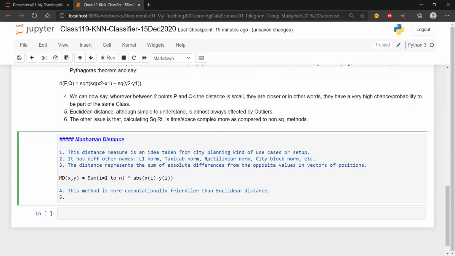What do I mean by computationally friendly? There will be cases where we have higher dimensional data. You may have a genuine business problem where, after collecting features from a variety of sources, you end up with 40 columns.